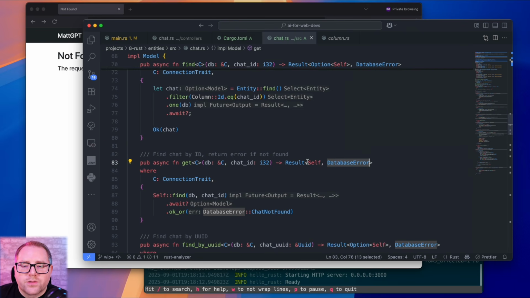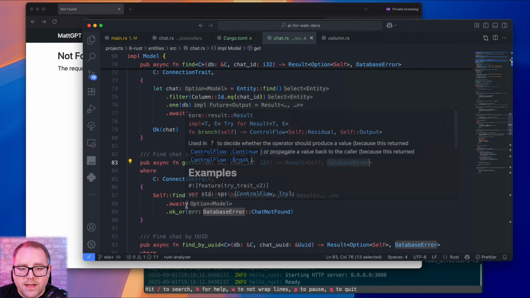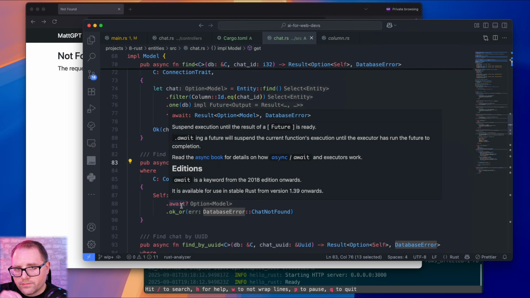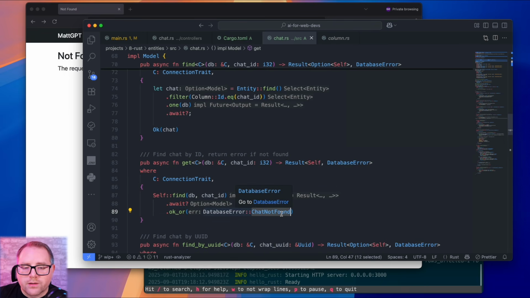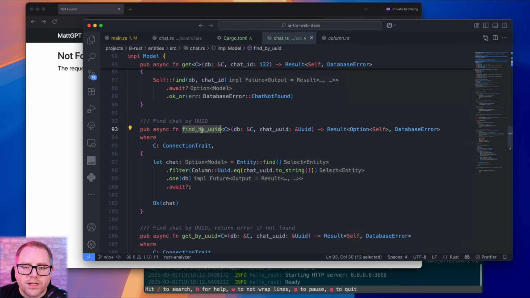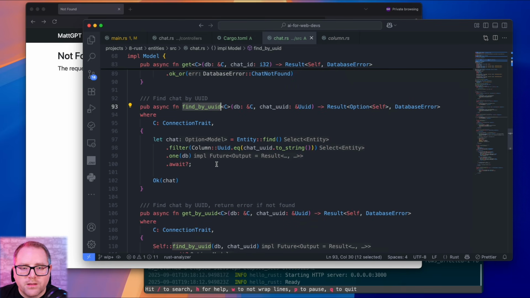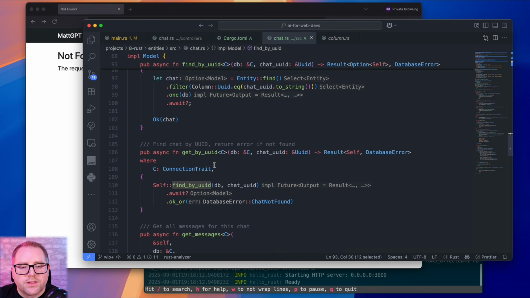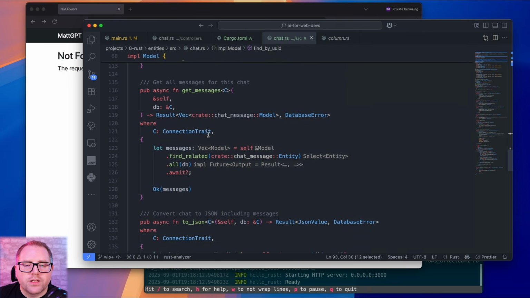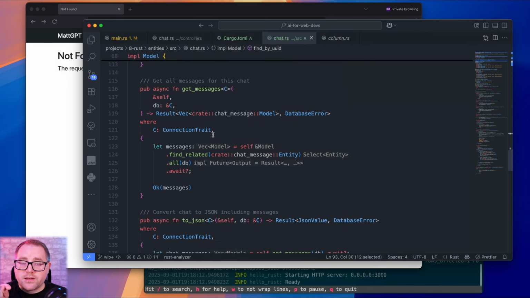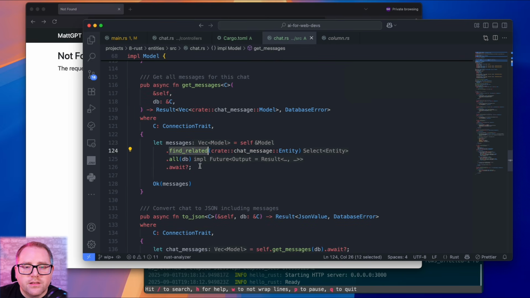So this get is going to call find, and then if it's okay, extract the record out, or if not, throw an error. Find by UUID. So instead of by ID, it's going to be the same thing, but with UUID. Same with get. And then we're going to have some helpers to get the associated messages with this chat. So you can see here, find related, all, and then await.